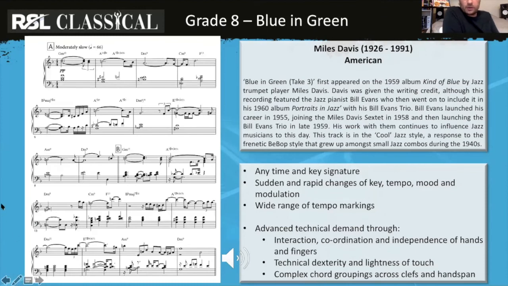Let's have a look at Blue and Green. As I said, credited to both Bill Evans and Miles Davis. It depends who you talk to. The piece first appeared on Miles Davis's Kind of Blue album by the jazz trumpet player Miles Davis, because it was his album. He basically took the writing credit, but Bill Evans was the pianist in the sextet,